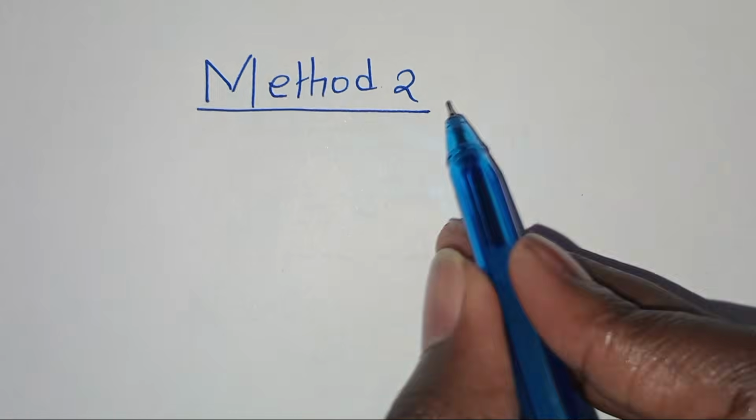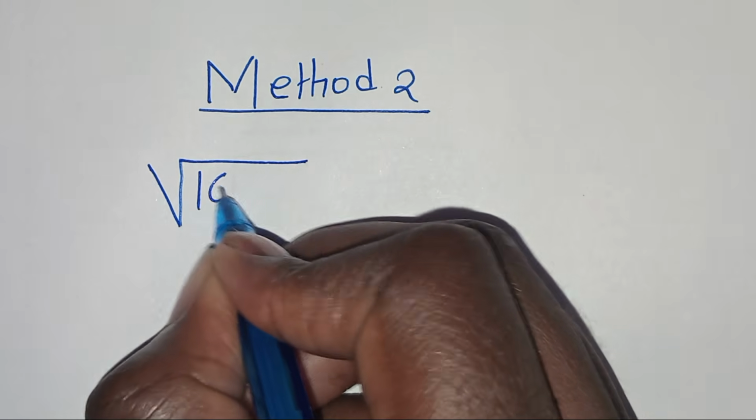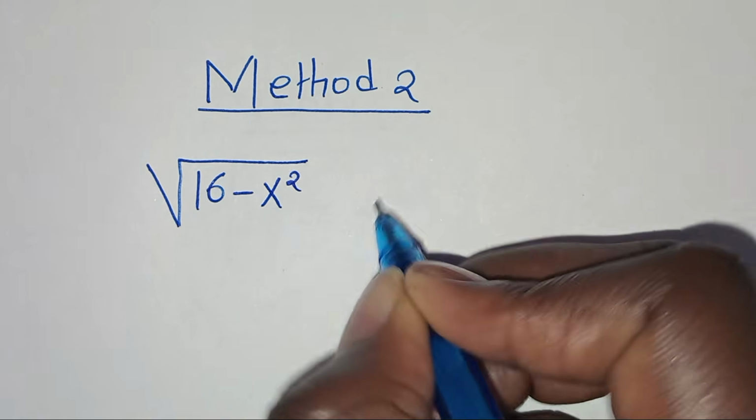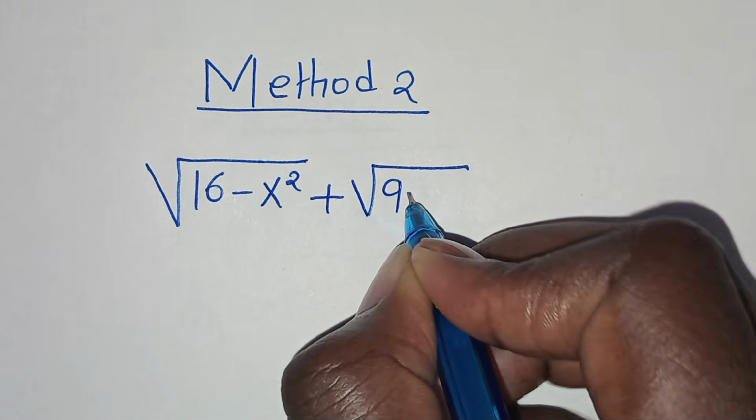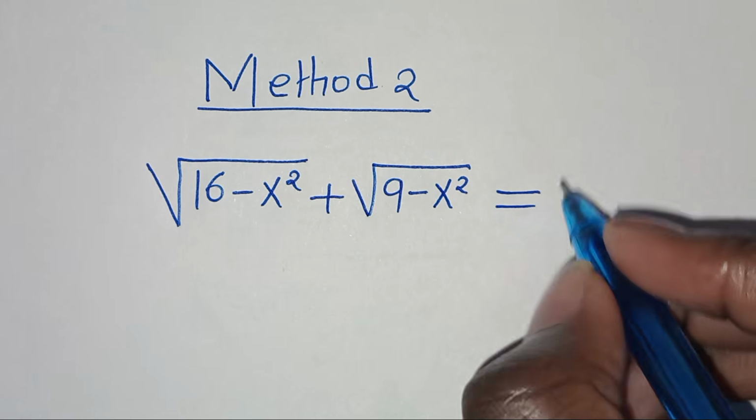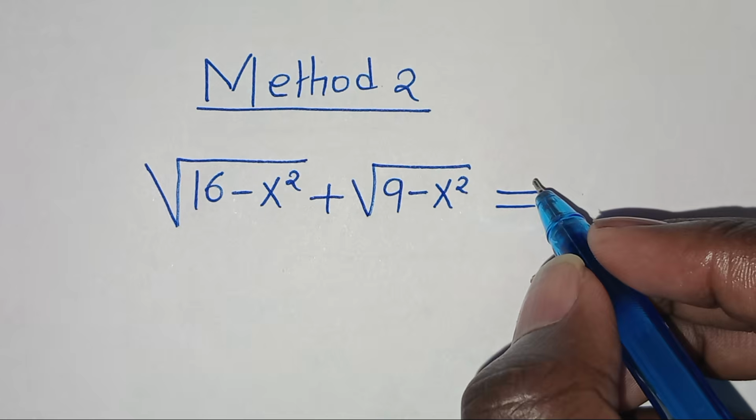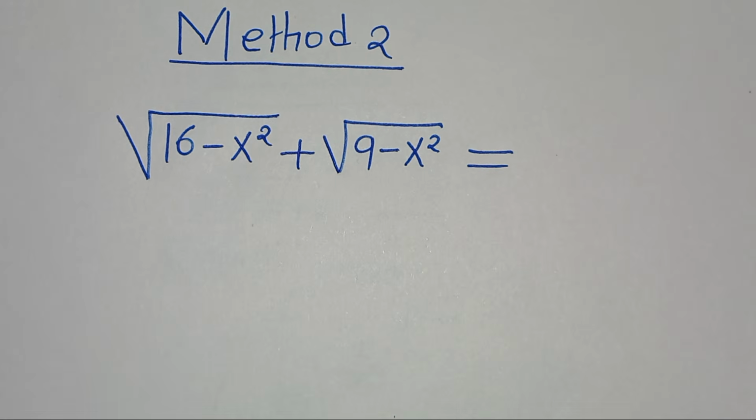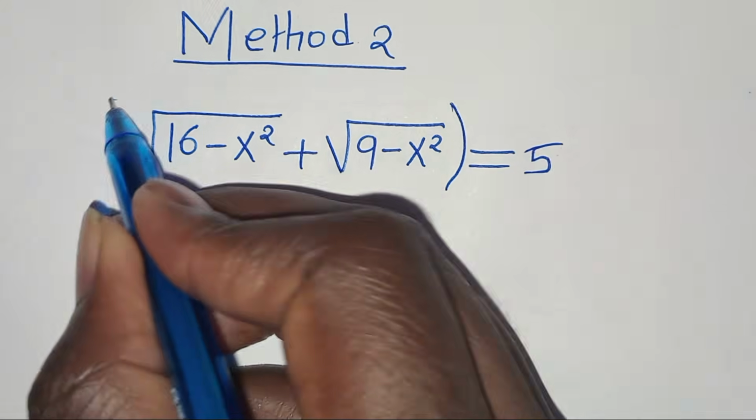Now let's apply method 2. So we have the square root of 16 minus x to the power of 2, then plus the square root of 9, subtract x to the power of 2. This is equal to 12. This is equal to, now this is equal to 5. Now the first step is to square on both sides,